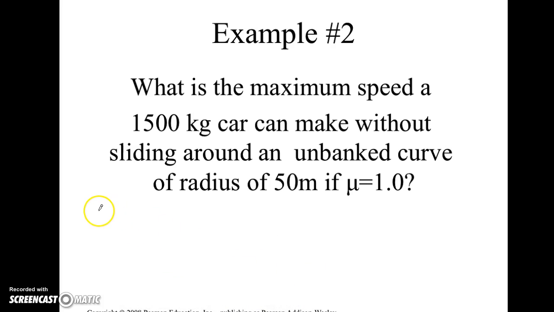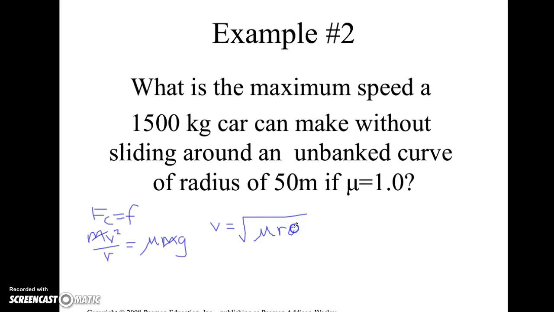All right, so here, remember that the centripetal force, Fc, equals some other force. In this case, it's going to be friction that keeps the car on the road. So if I substitute, I've got mv squared over r equals mu mg, the mass cancels out, and so I can rearrange this for v. It's going to be the square root of mu r g. And so if I plug the numbers in, I've got 1, I've got 50,